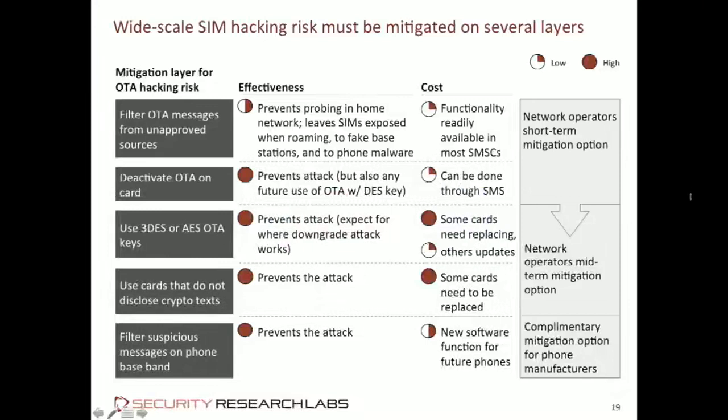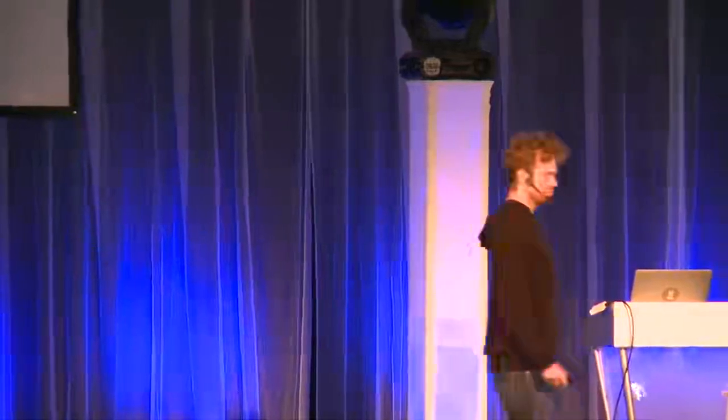All right. So some operators already moved to preventing this. Others are lagging a little bit behind, but hopefully will do so too soon. We estimate that somebody who really wanted to put all these pieces together would take 6 months. So we took 3 years, but of course now we already said where to look and what tools to use. So in 6 months there could actually be criminal abuse of this. So this is plenty of time for all network operators to come around and fix these bugs. Perhaps by exploiting their own cards if that's what it takes.